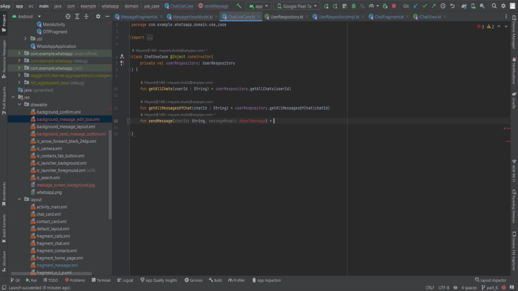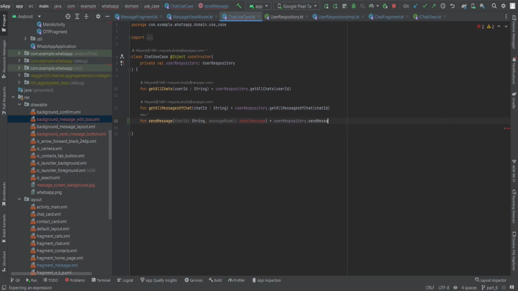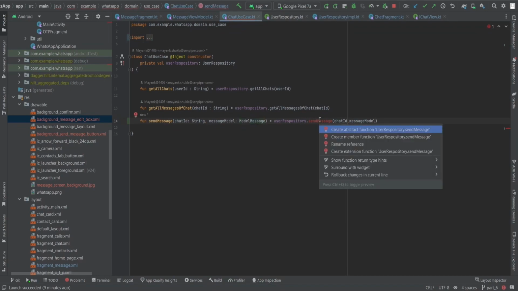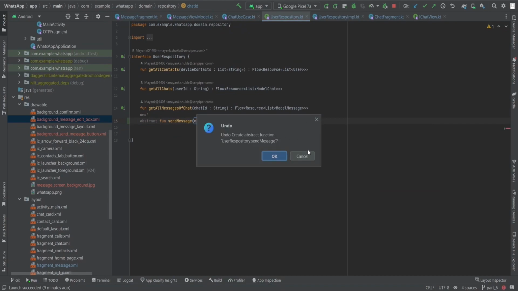It will simply call userRepository.sendMessage with chatId, comma, messageModel. Let's import it here and create the function. Not abstract, it's just a simple function.